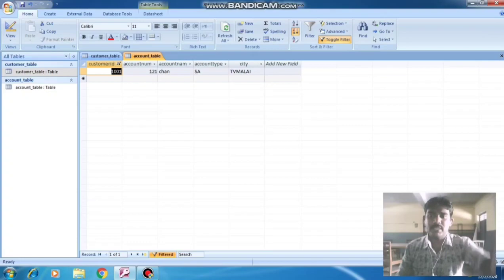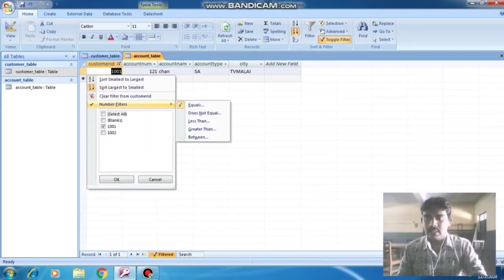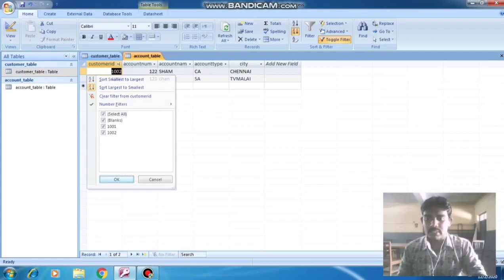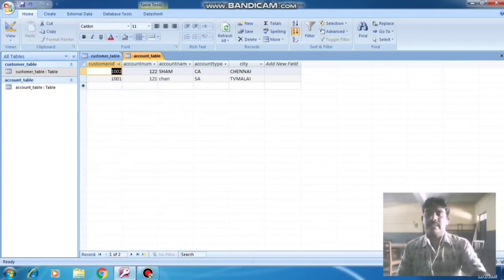I want to display all the details, all the data from the account table or customer table. Go for the filter option, here itself we have to select all, then click OK. Whatever data was entered in the customer table, in the account table, will be displayed.